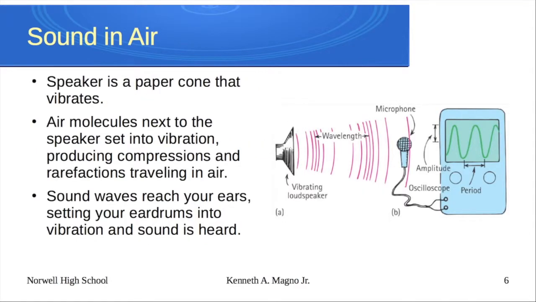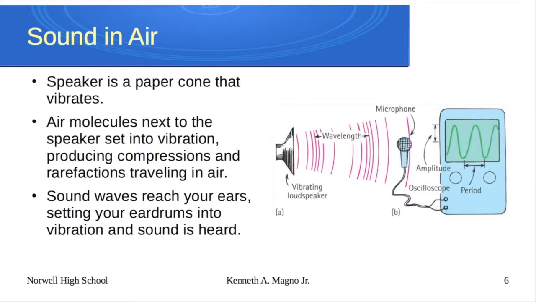So now, one way we're used to generating electronically produced sound is through a speaker. And all a speaker is, is some paper cone that can vibrate the air. Microphones are kind of the reverse, and it applies the electromagnetism that we talked about with Faraday's law and Lenz's law to move magnetic particles near coils, either one way or the other, to either produce the sound or to pick up the sound. And that's how a speaker or a microphone works. So air molecules next to that speaker will vibrate, producing those compressions or rarefactions of the air, and that's what we end up hearing from the speaker.